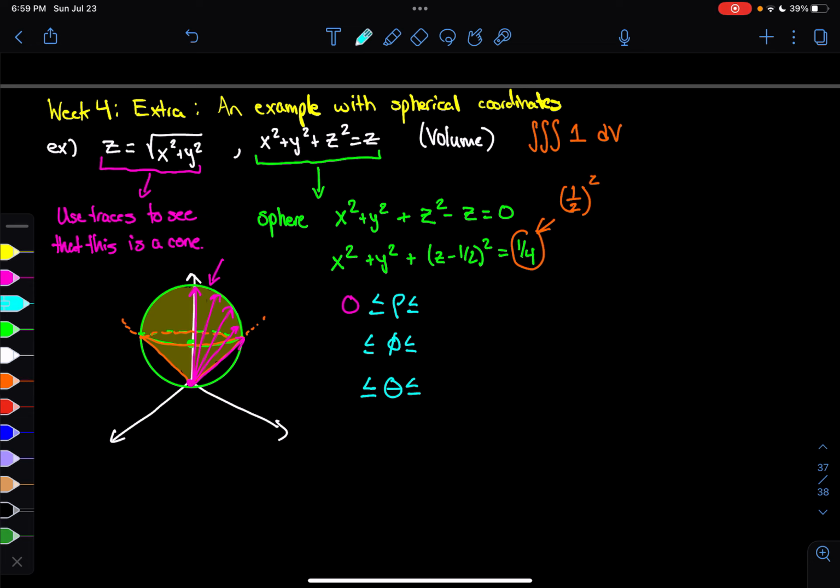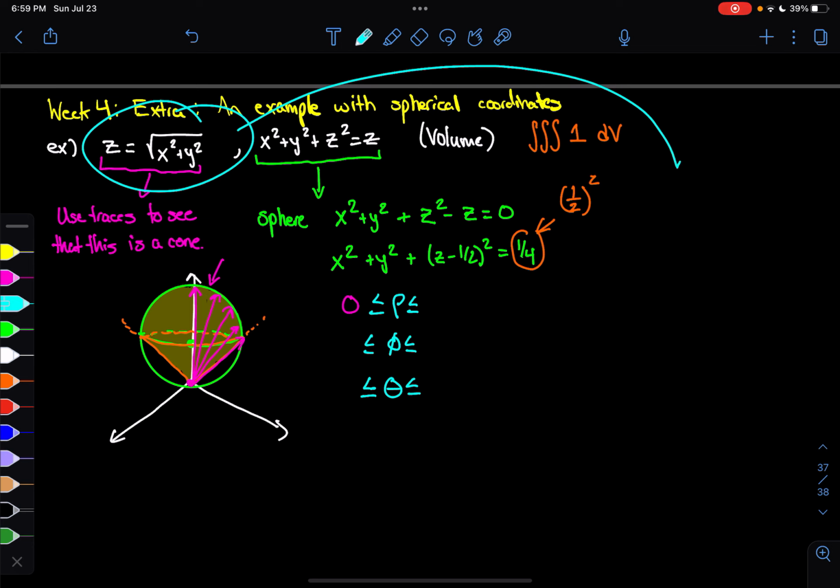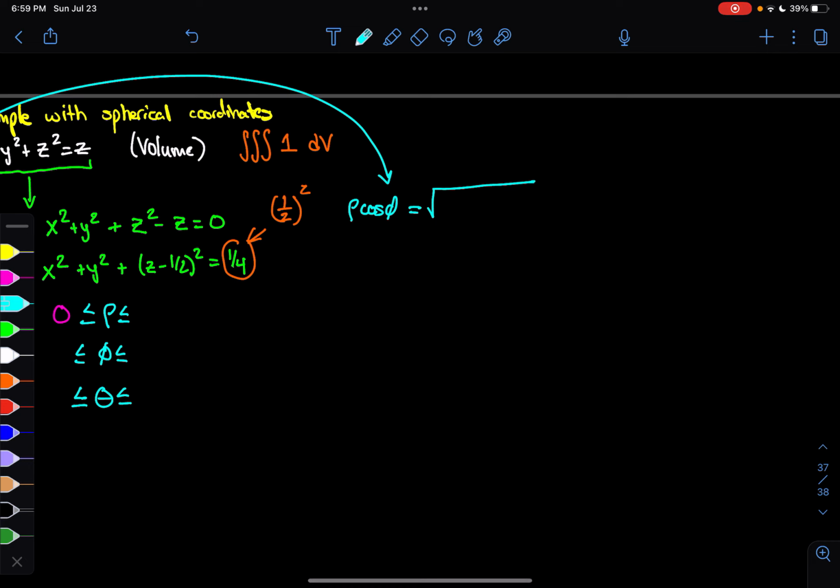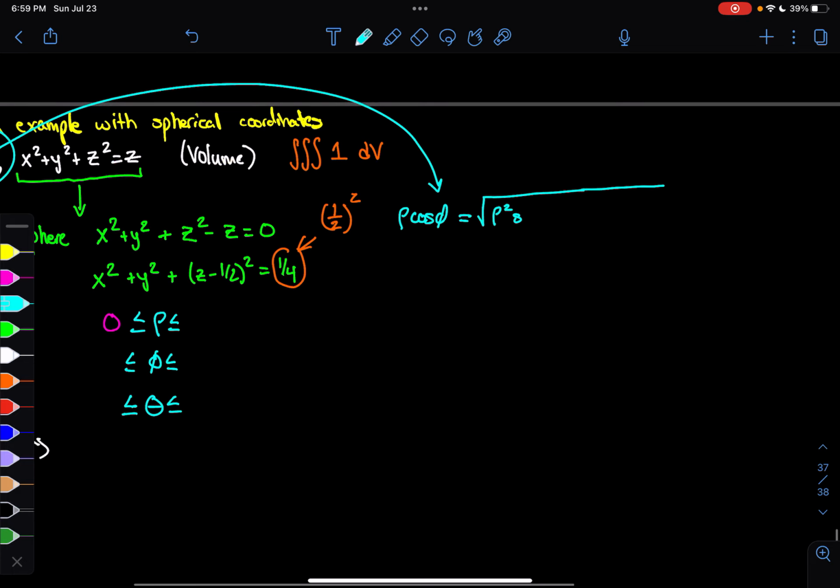And so the question is, how far is that? If we look at the cone equation up there and turn it into spherical coordinates, we get rho cosine phi is equal to the square root of a whole bunch of stuff, actually. So if we put in what we're supposed to, we're going to get rho squared sine,